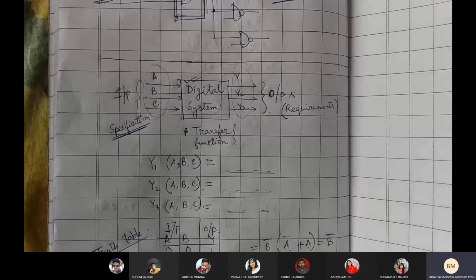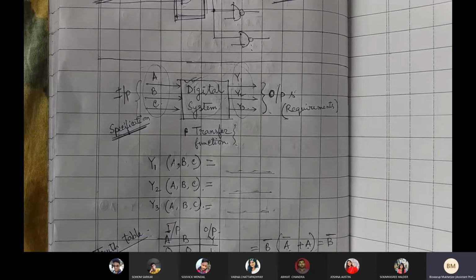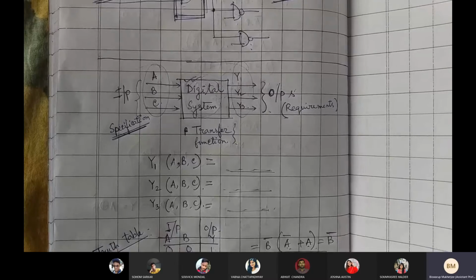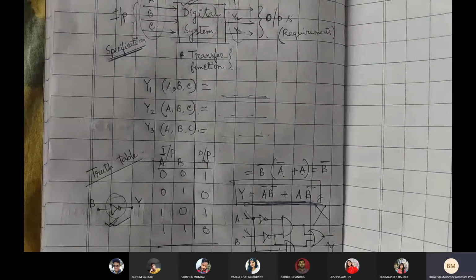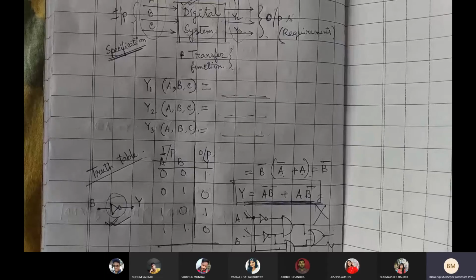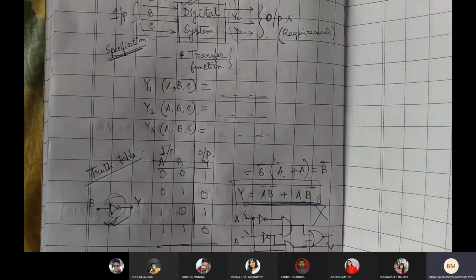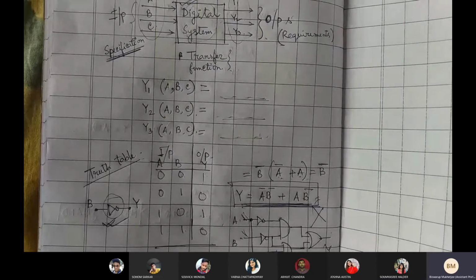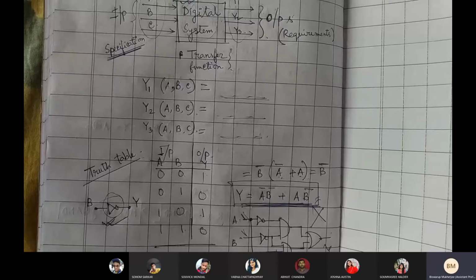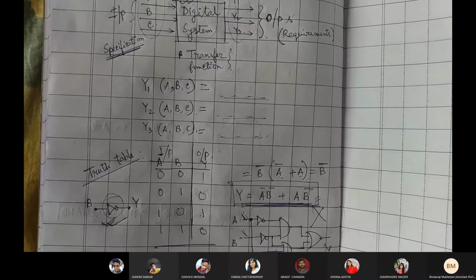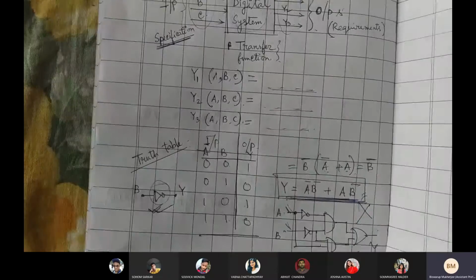For that, we can use some Boolean algebra. There is a mathematical tool called Boolean algebra, by which we can get a minimized expression. There are a few other tools also, called Karnaugh map or Quine-McCluskey method, by which we can directly get a minimized expression. We'll discuss that further in our next classes. Right now we have started how to make a design, or how to make a digital system. Any query for this part?